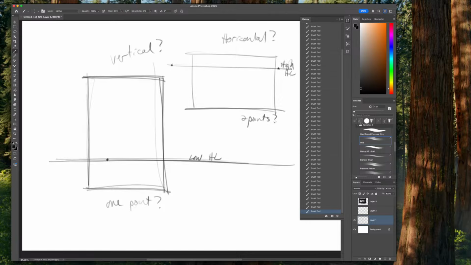So, is it a vertical composition? Is it a horizontal composition? Are you going to do a high vantage point or a low vantage point? Do you want to do a simple 1 point perspective or do you want to do a